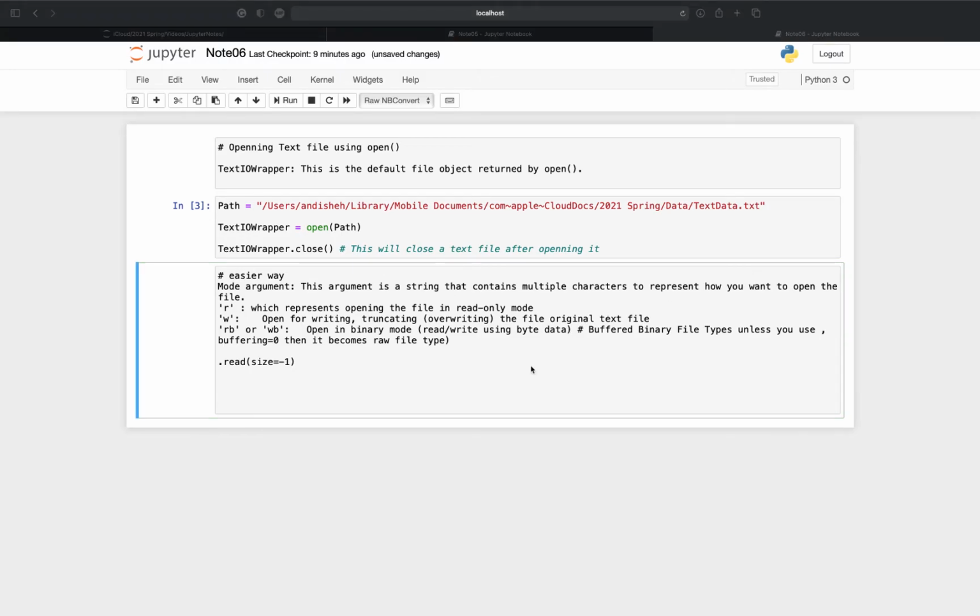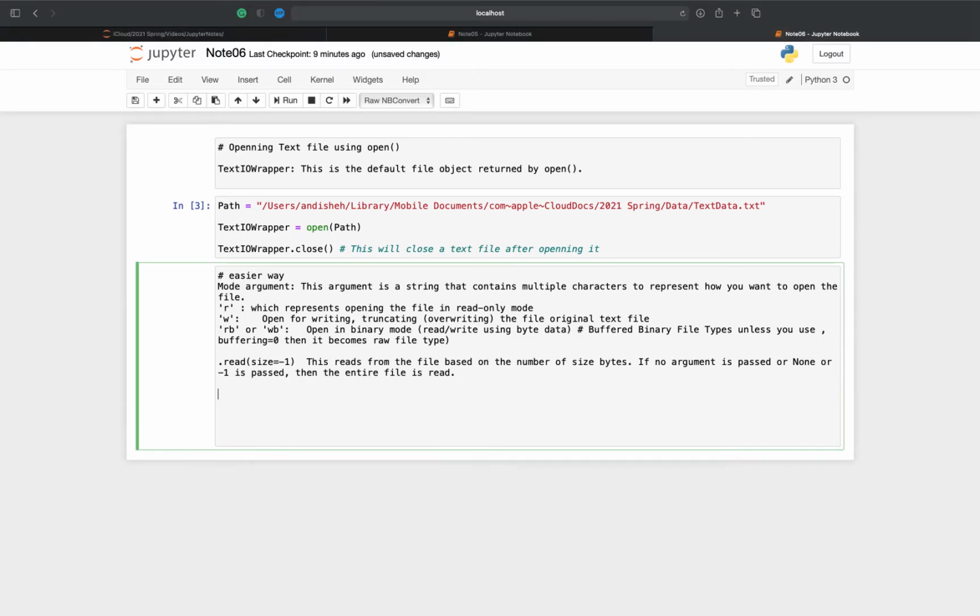It will read the whole file. We are going to use this. I will show you step by step. Another one is readline. Readline will read at most size number of characters